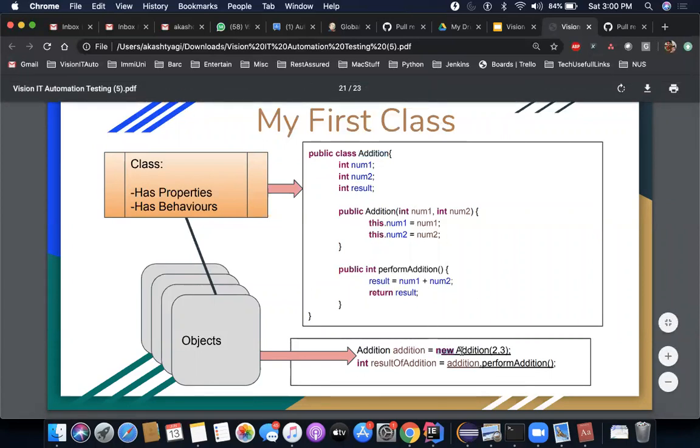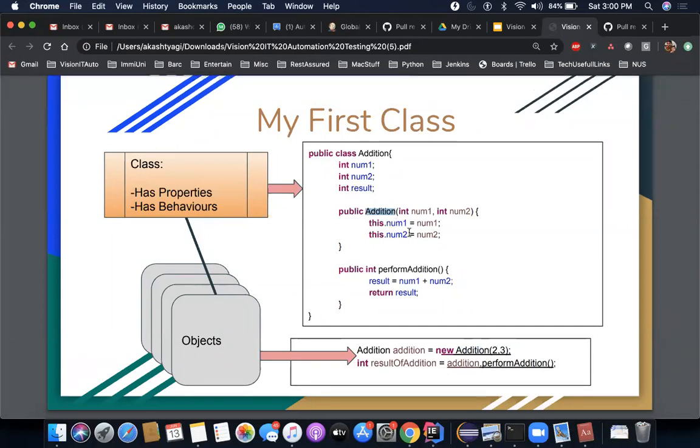This is the name of the class you have to give. And I'm passing two values here. Now, if you remember, I talked about the constructor. This constructor always gets triggered when you create an object. Since it doesn't have a default constructor, I'll talk about what a default constructor is later. Right now, what we have in this example is a parameterized constructor. When you want to create an object which has a parameterized constructor, you need to give its required arguments. So what I am passing here, 2 and 3, will get saved inside num1 and num2.